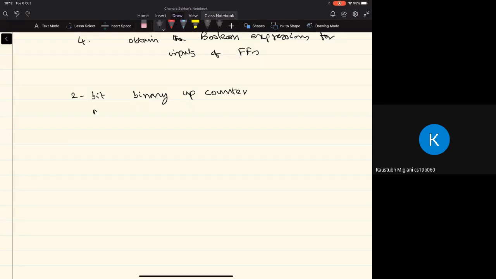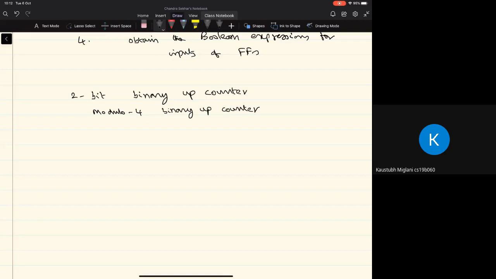As we'll be quickly seeing, this is also referred to as modulo 4 binary up counter, right? As the name itself implies, count means the circuit should count certain types of events, right? And whenever the event occurs, we expect the control signal to go high or take the form of an edge, right? And an up counter means that it has to increment the count value by 1, right?